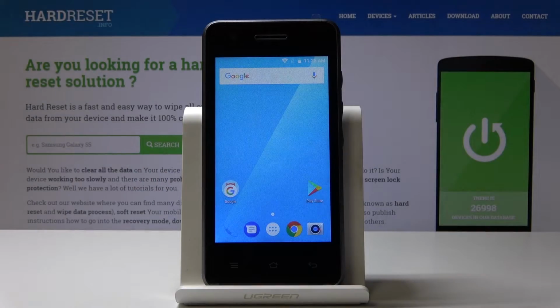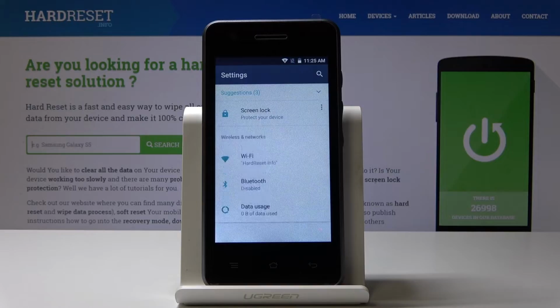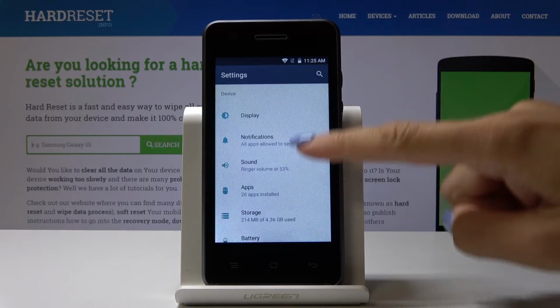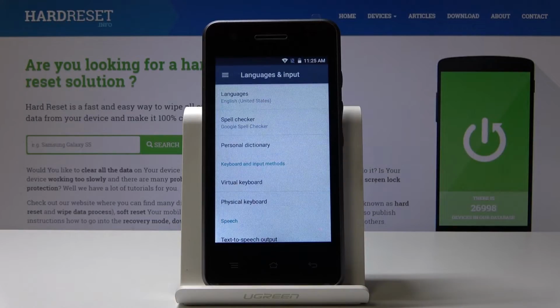Here I've got Blaupunkt SF and let me show you how to change language on the following device. So at first, let's open list of all applications, then find and select the settings. Here you have to scroll down, locate and open languages and input. Then go to the languages, so it's the very first tab, and if you would like to change this language,